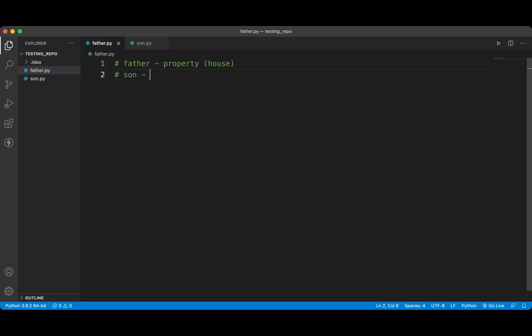So whatever his willful inheritance is, let's say I am his only son, then his property will directly go to me, unless and until it is assigned to someone else. So let's see an example in Python for this.